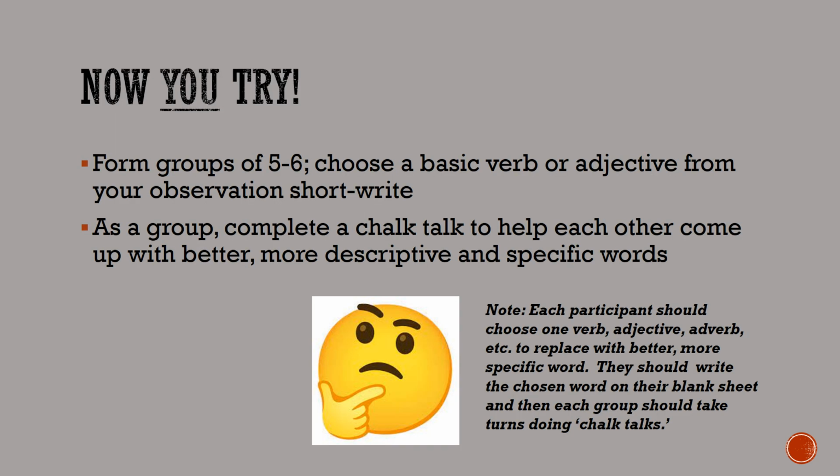Then what could happen is you could have the students, or again, if it's a professional development group, form groups of 5 to 6. Each one would bring their large sheet of pad paper with them and a marker. They would read through their own writing, the own short essay that they just finished, and they would choose a basic verb or adjective or adverb or whatever it is that they want to choose from what they wrote, and they would write that in the center of their pad paper. And then they would offer each other help. So as a group,